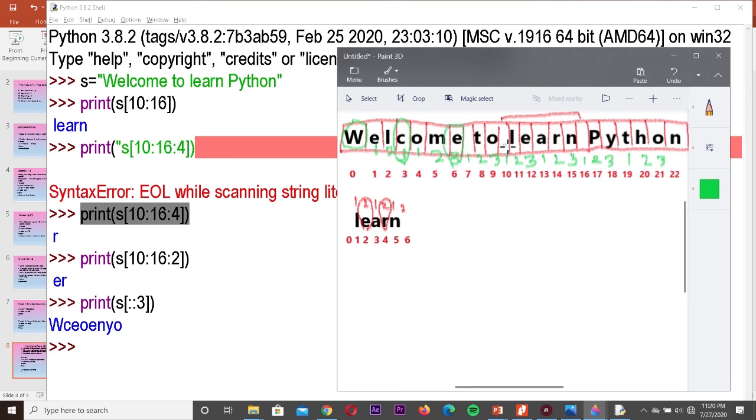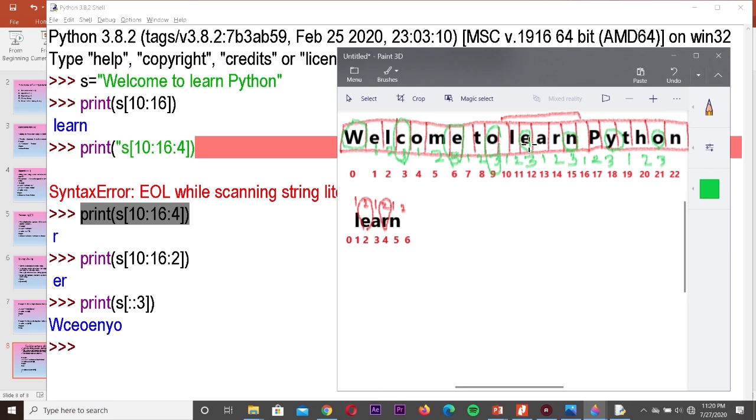So C, next one is 3, and then here O, and then here E. Under 3 you have N, next you have Y, next you have O. So W, C, E, O.